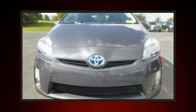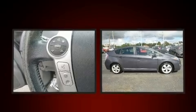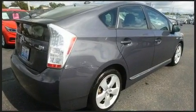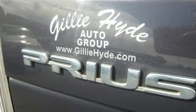Experience driving perfection in the 2011 Toyota Prius. It features a continuously variable transmission, front-wheel drive, and a 1.8-liter four-cylinder engine. Toyota prioritized practicality, efficiency, and style by including one-touch window functionality, a headlight cleaning system, and a split folding rear